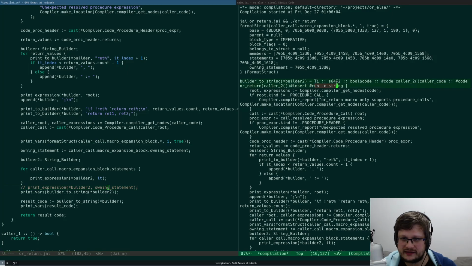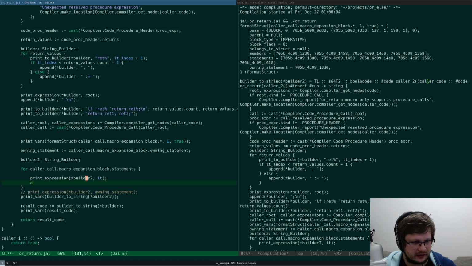So T1 S62, T2 bool, right? And then code equals code color2. I need to print expression and then append a new line to the builder, so it's a bit easier to read.